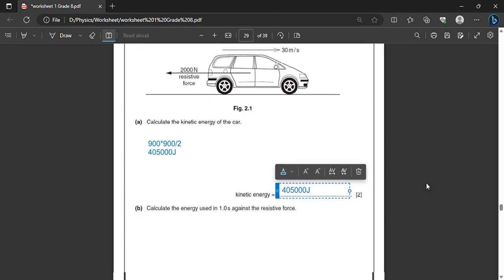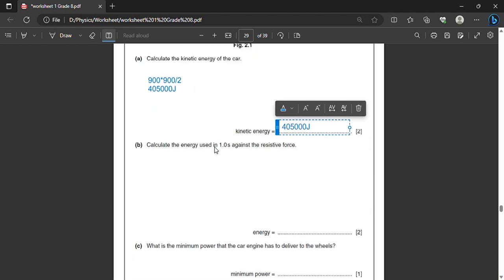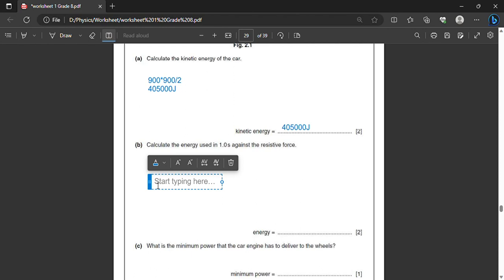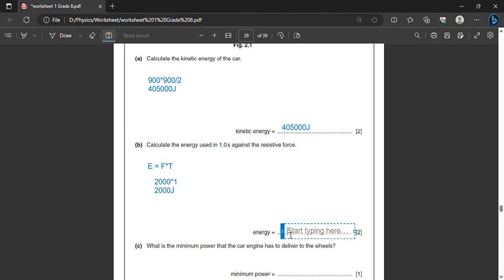405,123 joules. Now calculate the energy. So again, now you're calculating energy. Energy is equal to force times time. So if you do this, the next thing you'll get is 2000, because at 2000 newtons the car exerted 2000 times 1, so you get 2000 joules. So energy over here is 2000 joules,